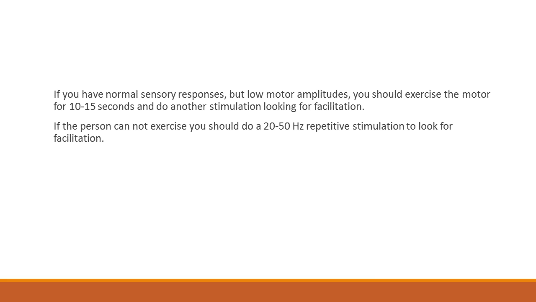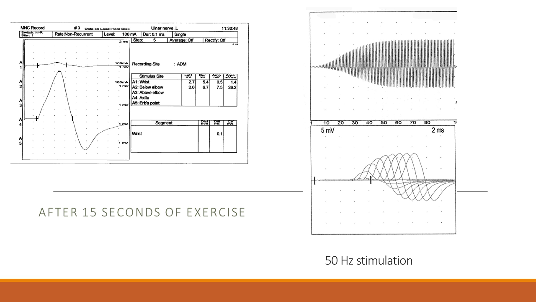You just exercise them for 10 to 15 seconds, or if they can't exercise, this is when you do rapid rep stim. And as you see here, one response, all you have to do is exercise 10 to 15 seconds. It goes from abnormal to totally normal. With your fast hertz, look at this. If you only go out 4 or 5 responses, you're going to miss this. You really need to go out 10, 15, 20 responses. Ours is set up so we can look at every one that we've actually done so that you can see how facilitation